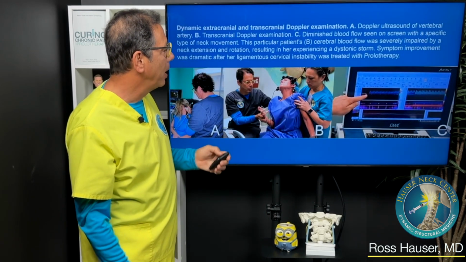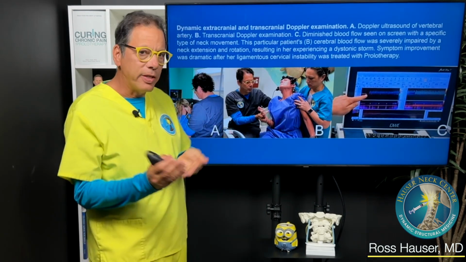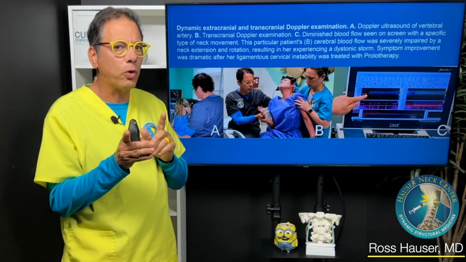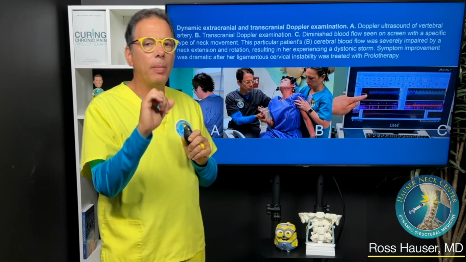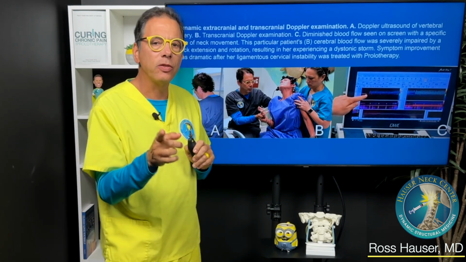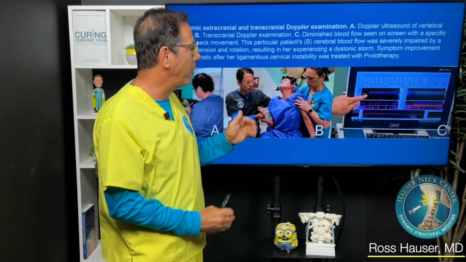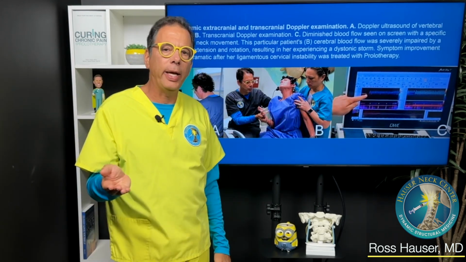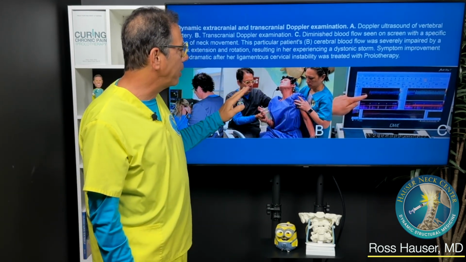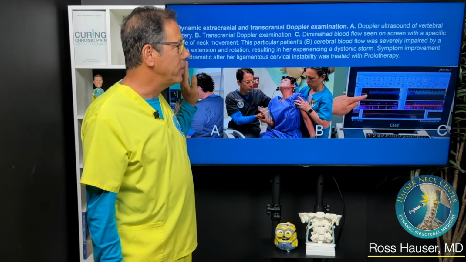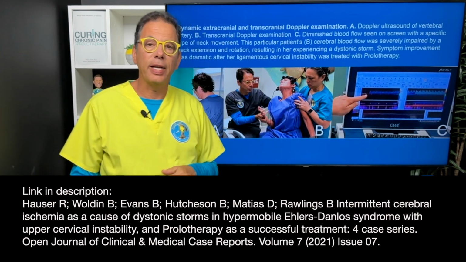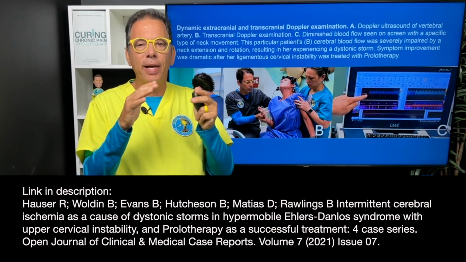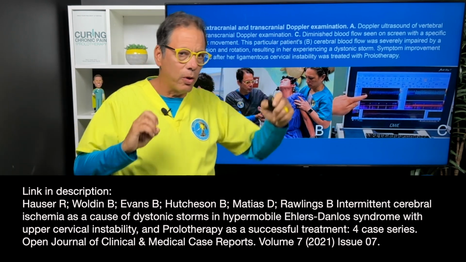So one of the ways that we document whether a seizure disorder or a movement disorder or a tremor is from ligamentous cervical instability compressing an artery is by transcranial Doppler or extracranial Doppler. In this particular patient, and this was a paper I wrote, it was on dystonic storms. Dystonic storms are a type of seizure disorder, in the sense that